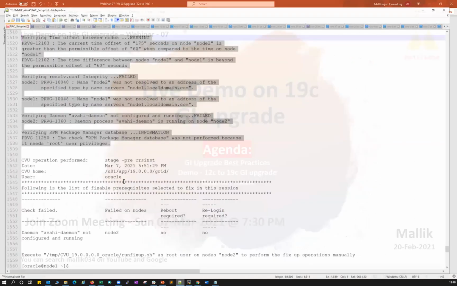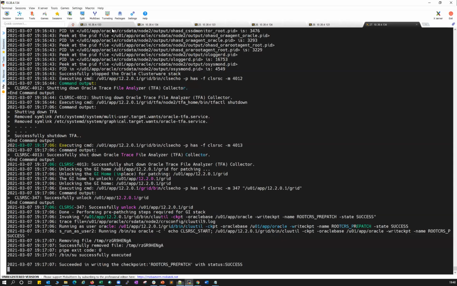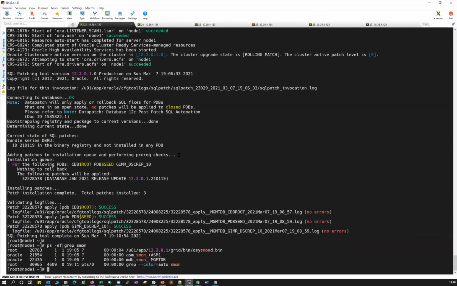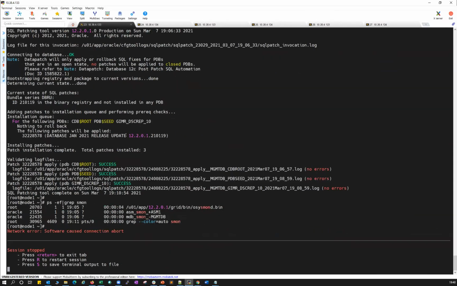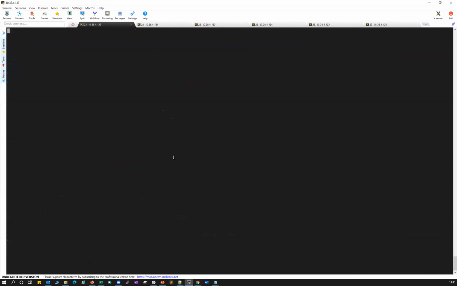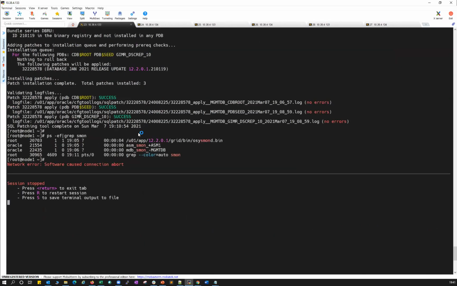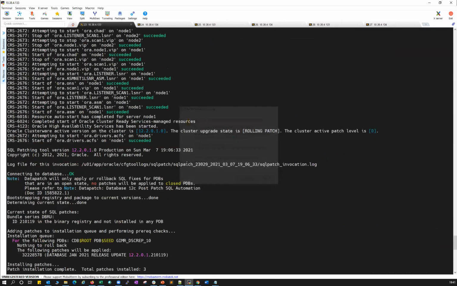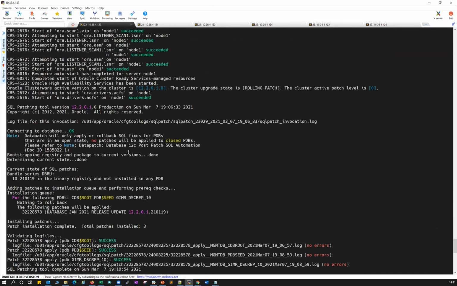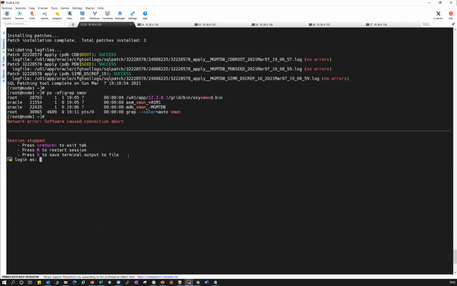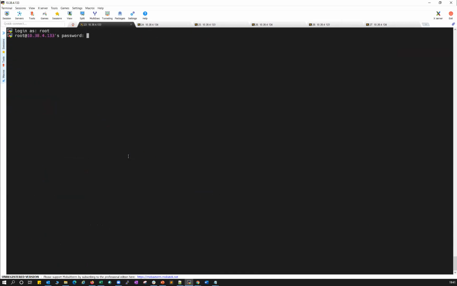Let's go to my environment. As I said, I have a 2 node cluster. Let me connect it back. This is node 1, and PSM1 is running here. I'll open that Oracle Mouse document.